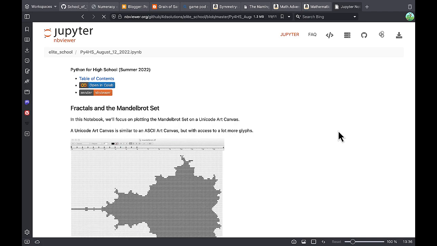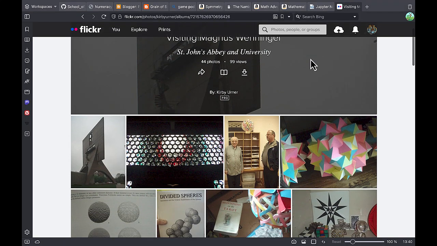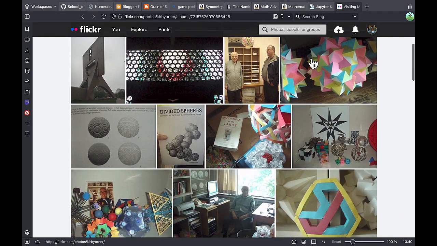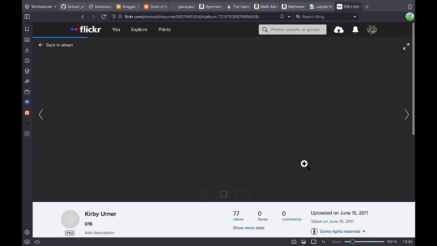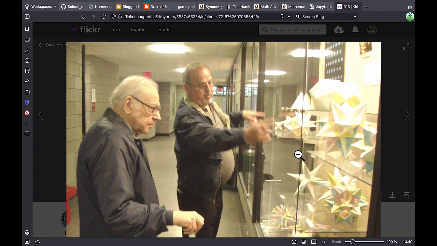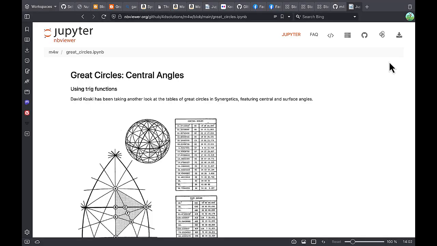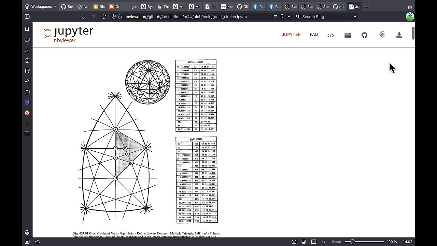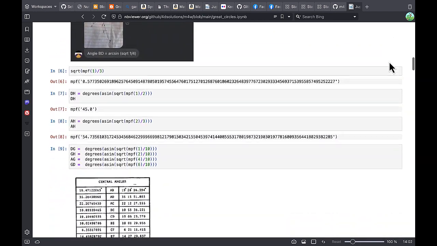So I advertise that all throughout my curriculum. We've got spherical models by Wenninger. Here I want to emphasize my visit with David Koski. Thanks to David Koski, I got to visit this gentleman when he was, I think, 92 years old. He's passed away since, but is one of the most cited geometers of our age. And right now, David Koski's working on the angles, the central angles in some of these great circle patterns. So continuity there. Magnus Wenninger.